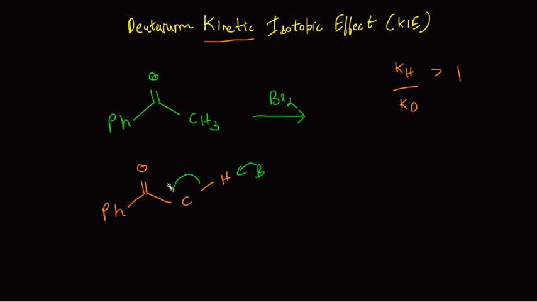Okay, and then it leads to the formation of the enolate. This bond will migrate over here and will lead to the formation of the enolate. And then since we have Br2 present in the solution, this O- will migrate back. Okay. And then finally phenyl C double bond O, CH2, Br. This will be the final product.